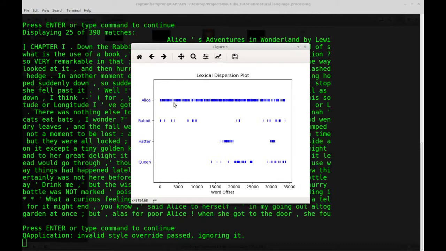And we see that the word Alice is used pretty much predominantly throughout the entire text. The White Rabbit, which is a well-known character in Alice in Wonderland, shows up in the beginning and then also near the end, which, if you've read the story, makes sense. The Mad Hatter has two very well-known, prominent scenes in the book, and the Red Queen doesn't really appear until the end of it,